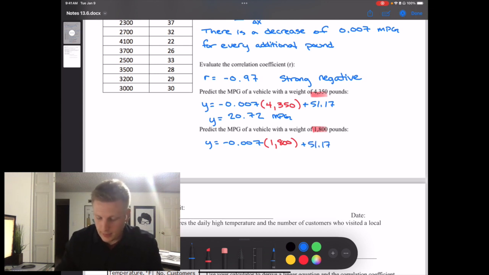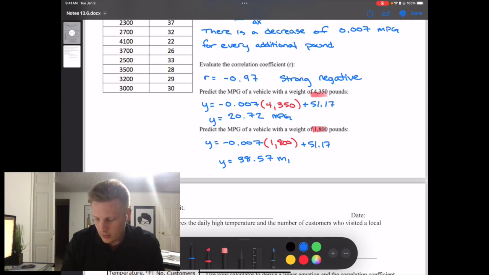So going back to my calculator, negative 0.007 times 1,800 plus 51.17, and it looks like this one, a much lighter vehicle, is that we're going to get a value of